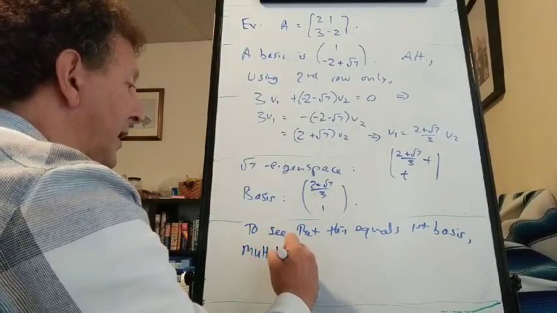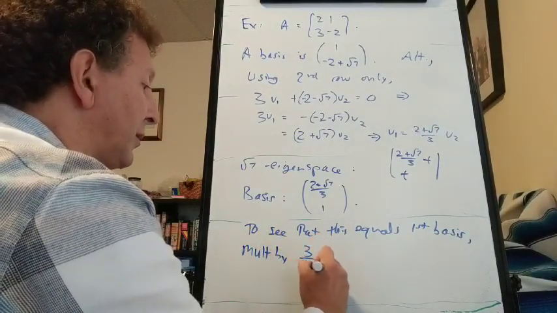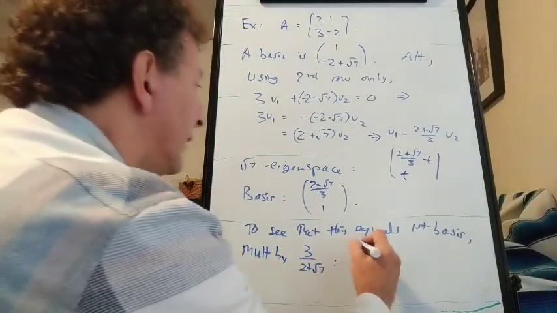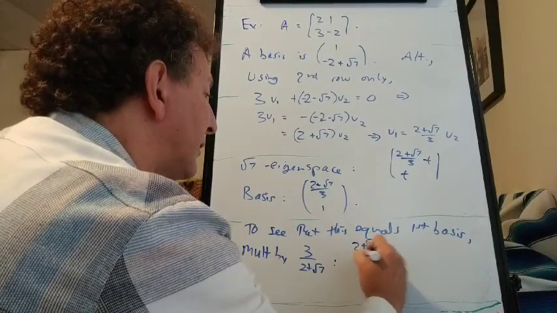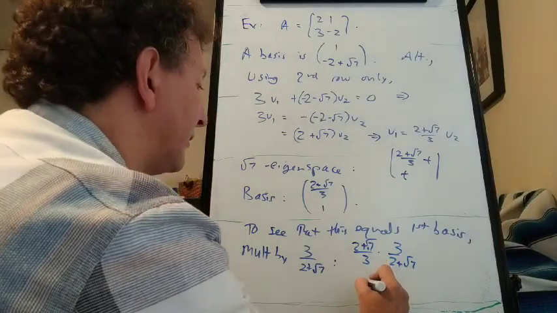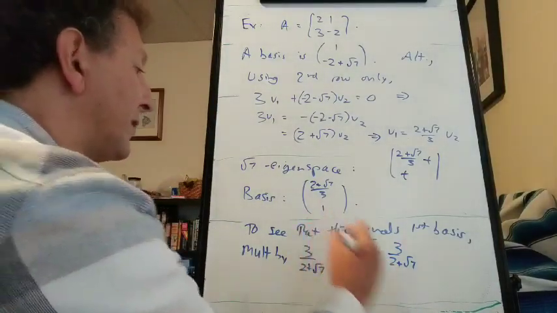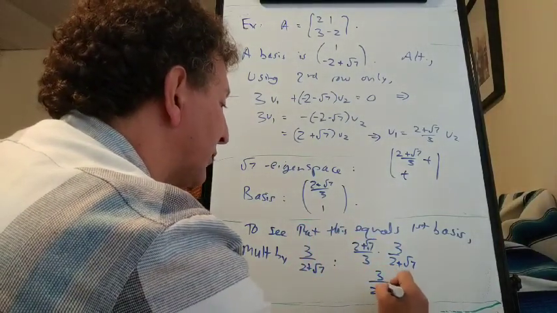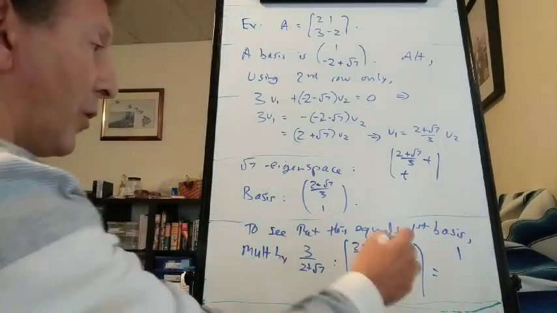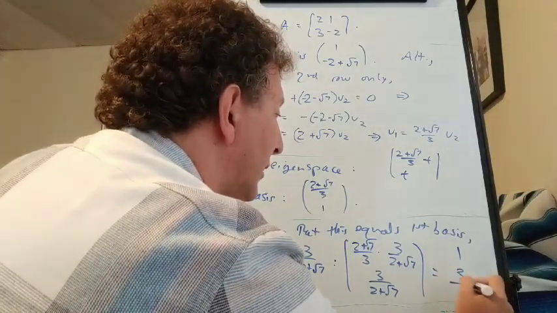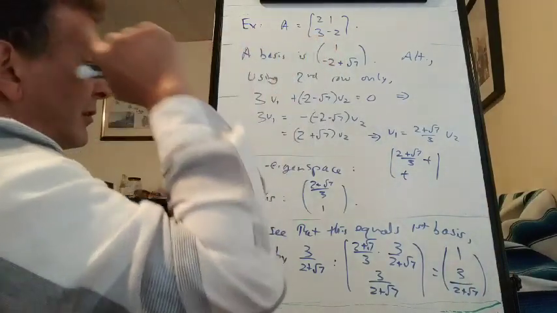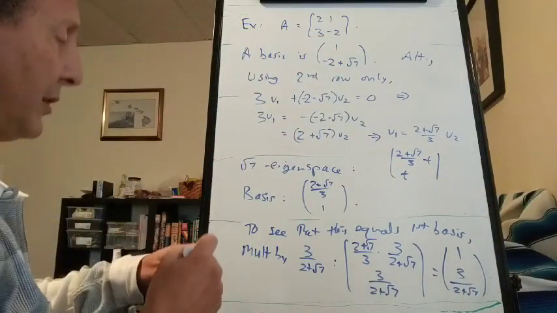So we've got 2 plus root 7 over 3 times 3 over 2 plus root 7, and 1 times 3 over 2 plus root 7. So we definitely get 1 in the first component, and then 3 over 2 plus root 7 in the second component. All right, it still doesn't look exactly like negative 2 plus root 7,